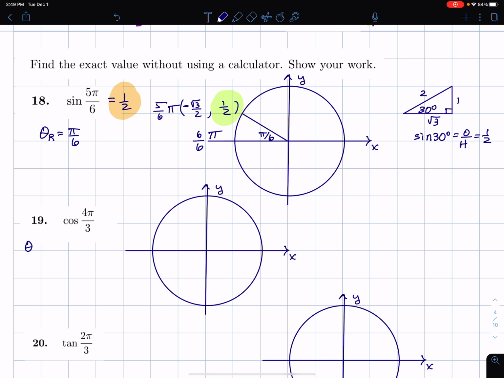Here, the reference angle is π over 3, which is the same as 60 degrees, but I'm not going to switch everything to degrees. I'm going to refer to π, and I'm going to write π as 3/3 π. And if I move ahead one more π over 3, I get 4/3 π down here, and I see that the shift left is less than the shift down. And so the coordinates are negative 1/2, negative √3/2, and cosine is